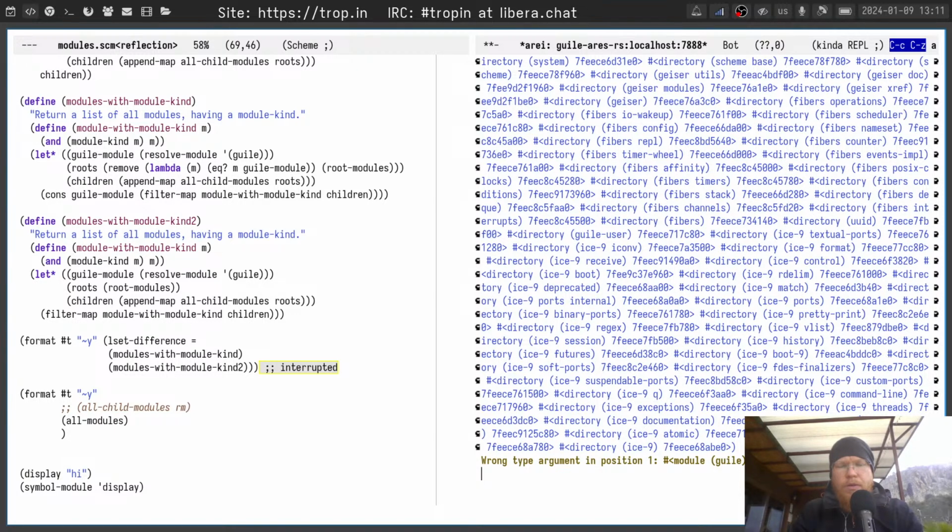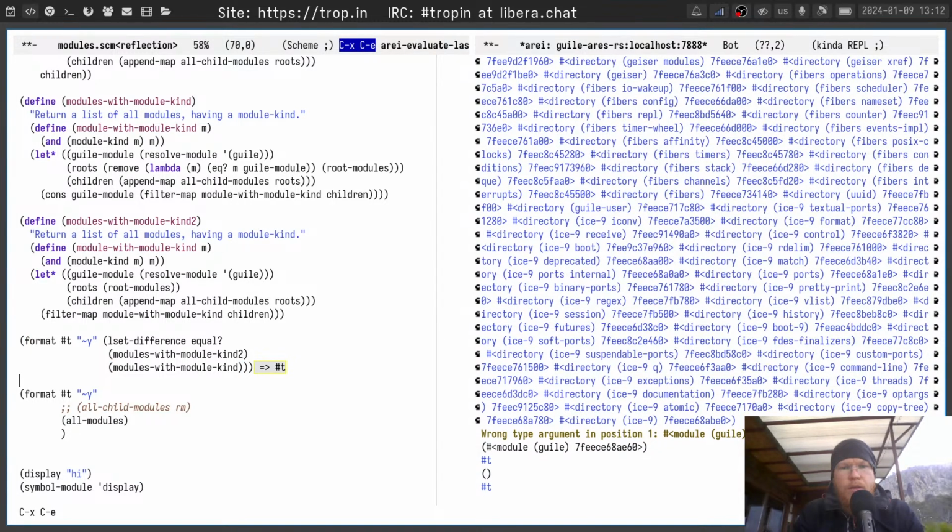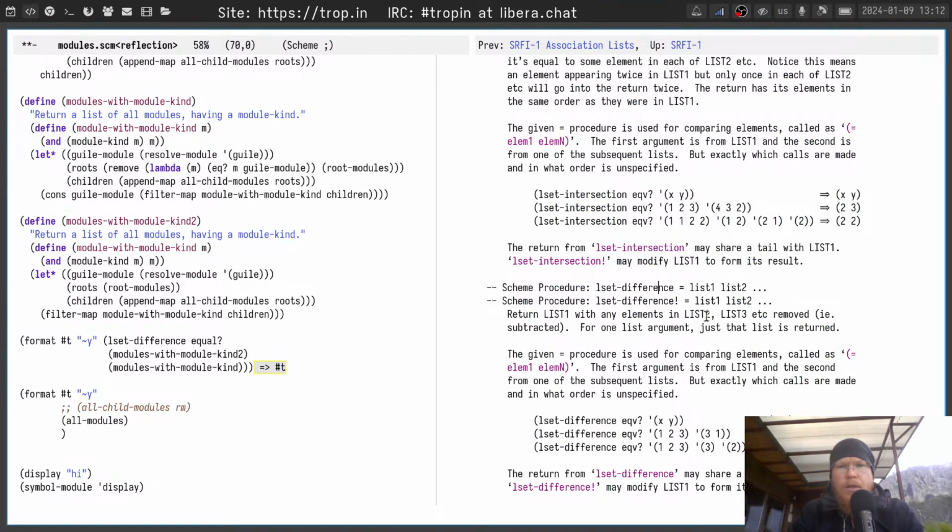Wrong type argument in position. Okay, it should be not equal, but equal. Elements in list 2, list 3, etc. removed. Okay, so this implementation adds the Guile model,